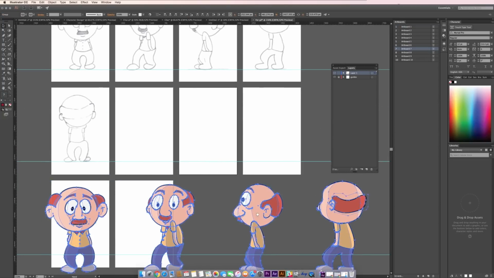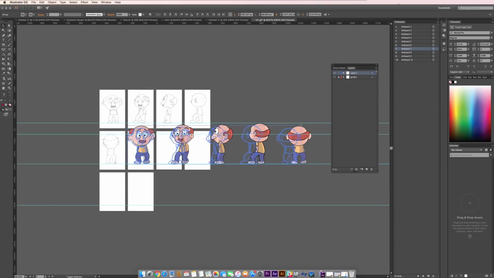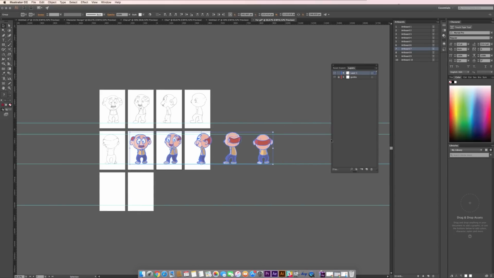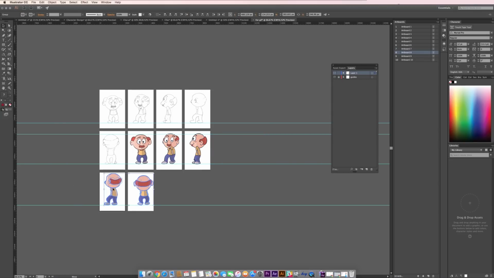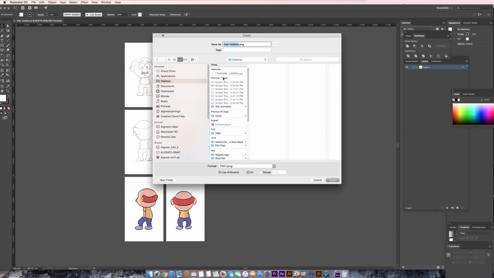Similarly, place our illustrations also, each of them in a separate artboard. Export all the artboards separately as PNGs.